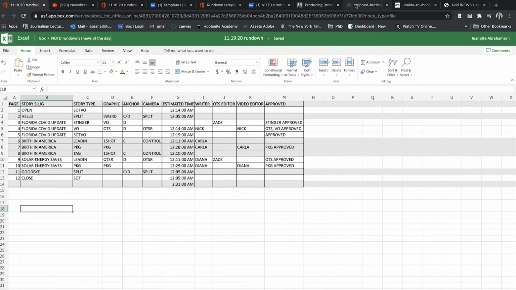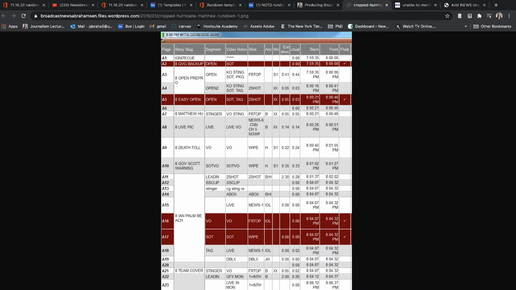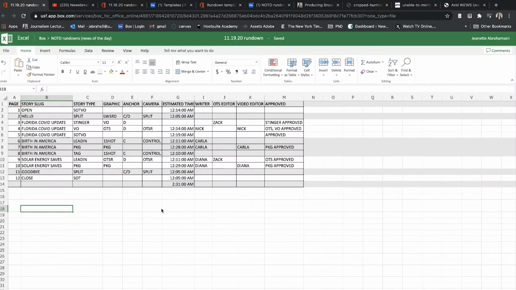So I have a couple of examples. This is a screenshot of ENPS. That is a content management system. And part of the content management system's job is to house the rundowns. And then you'll also house the scripts and all of that. This is ENPS. So you'll see our rundown that we created here inside of our Excel box sheet has a